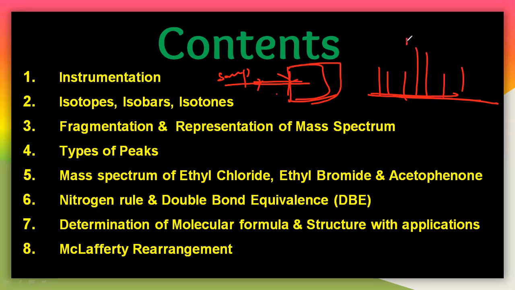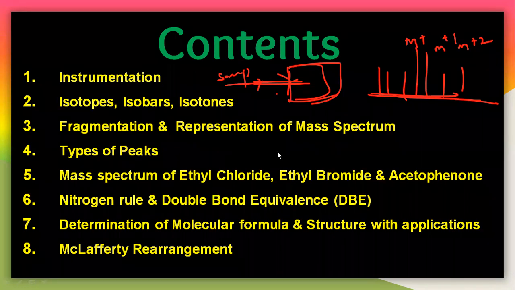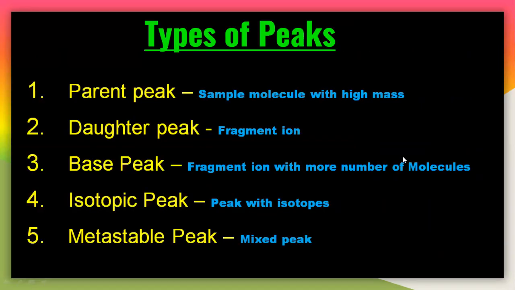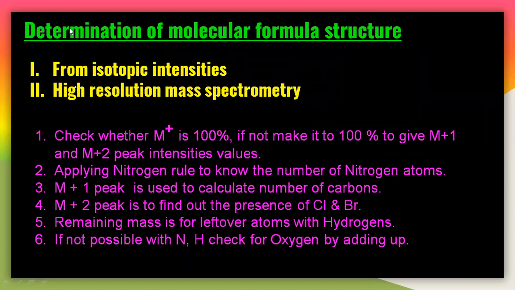And here in this particular spectrum, generally it has the M plus peak and M plus 1 peak, and even it is having the M plus 2 peaks here. So by using that isotopic peak and everything, we will understand the determination of the molecular formula and the structure, and we will also discuss some questions with their solutions also. So let us understand all these things here. So first, let us understand the determination of the molecular formula here.